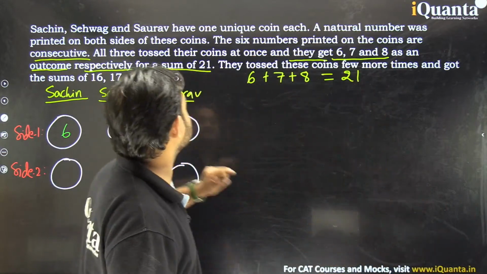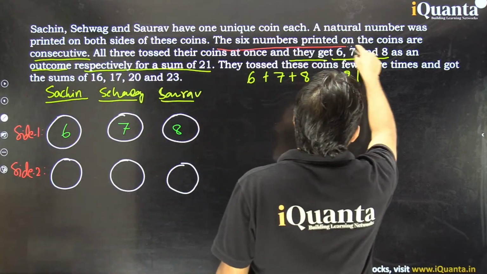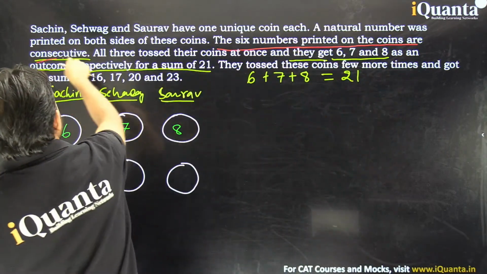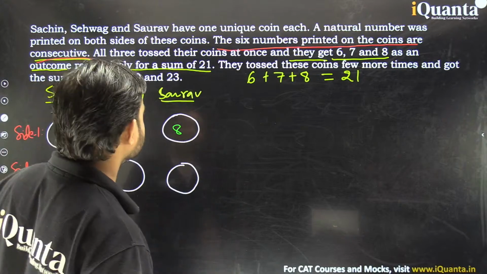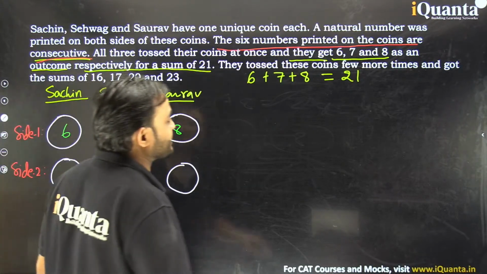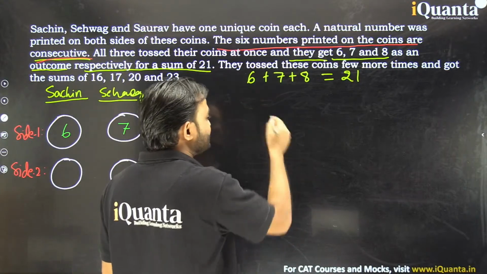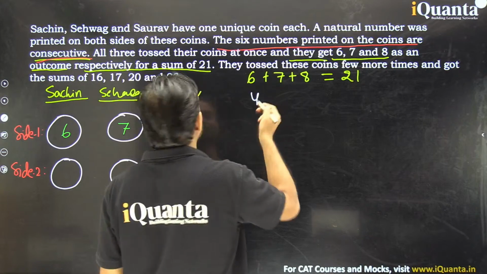Now, what does it say? It says the 6 numbers printed on these coins are consecutive. All right. What could be those consecutive numbers? Can we say those consecutive numbers could be, if we start with 6, 7, 8, so we could take it like